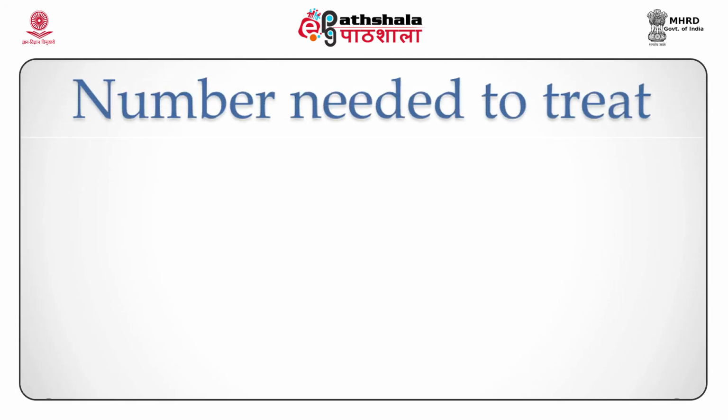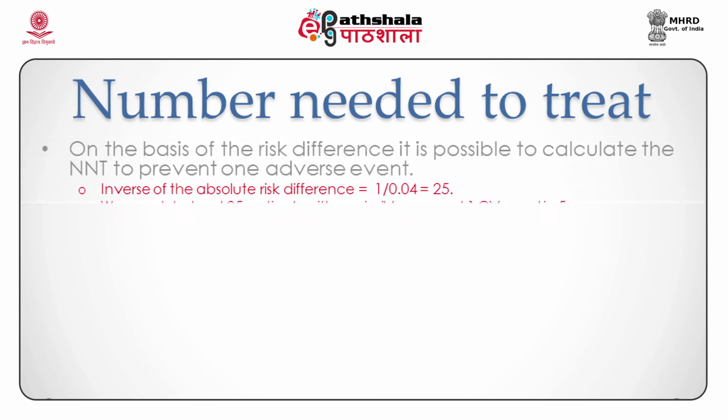So this is derived as follows. On the basis of the risk difference, it is possible to calculate the number needed to treat, that is the number of subjects we would need to treat with Ramperil to prevent one adverse event, which in this case is a cardiovascular event. Note that the inverse of the absolute risk difference is 1 over 0.04, which is equal to